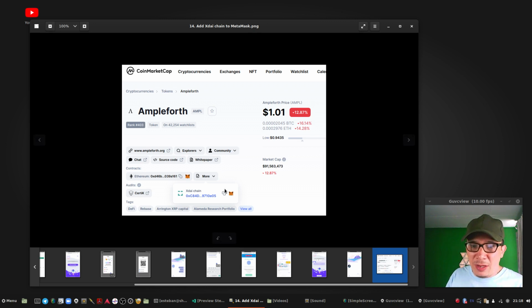But if you look, this is another crypto coin, this is Ampleforth, but it also shows the Ethereum contract for Ampleforth, and here more options. The second pack of MetaMask here is showing the XDAI chain, but this is the XDAI chain token. It is not the XDAI token we need. So if we add this, it is not going to work. So don't try to do this automatically.